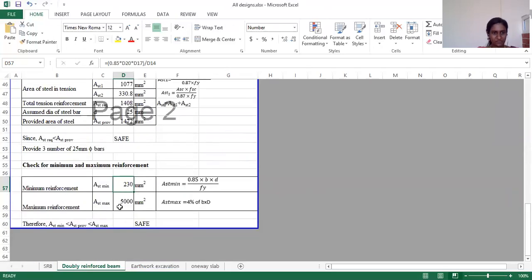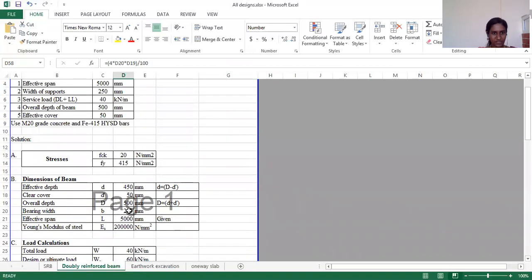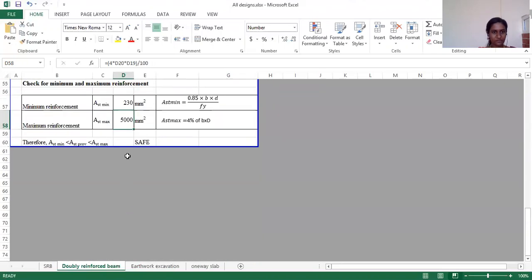And find out the maximum steel. See, you know, if it is a beam, the maximum tension reinforcement is 4%. So for 4%, you have to calculate 4% of b into the total area of this beam. So 4 into capital B into D, breadth and depth of the beam. So B is 250 and capital D is 500. They will be divided by 100 because you're calculating 4% of that. So if you do, you will get 5,000.